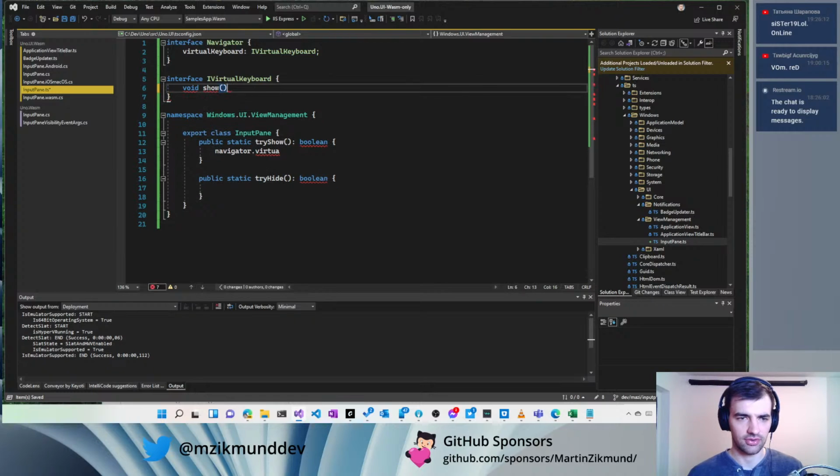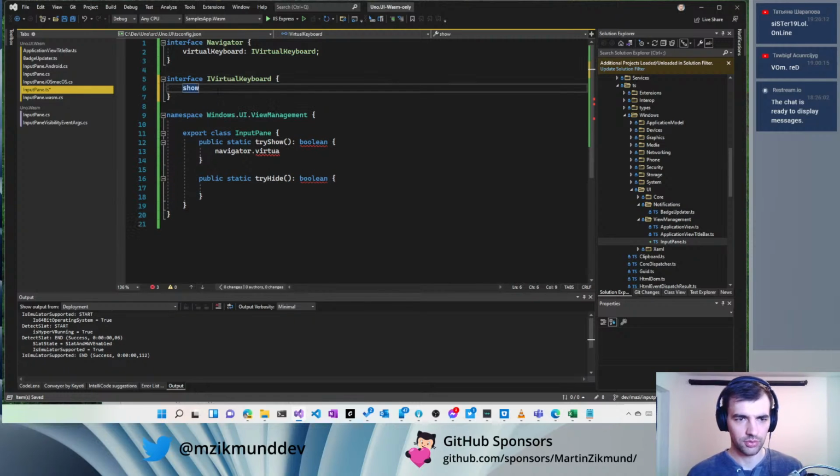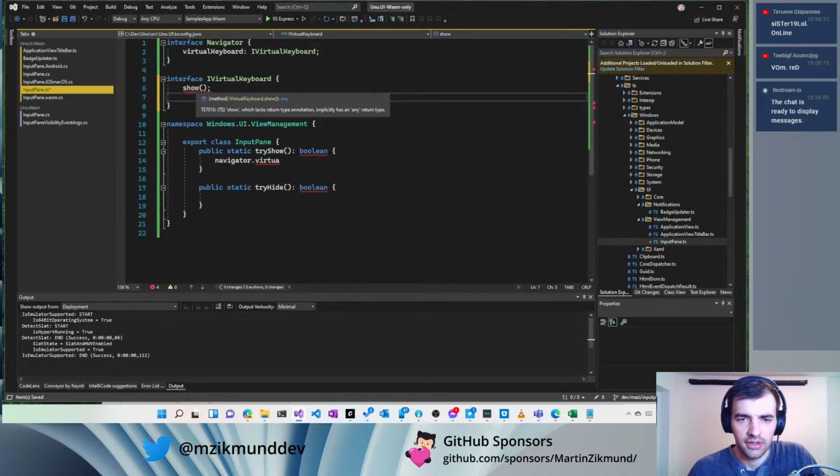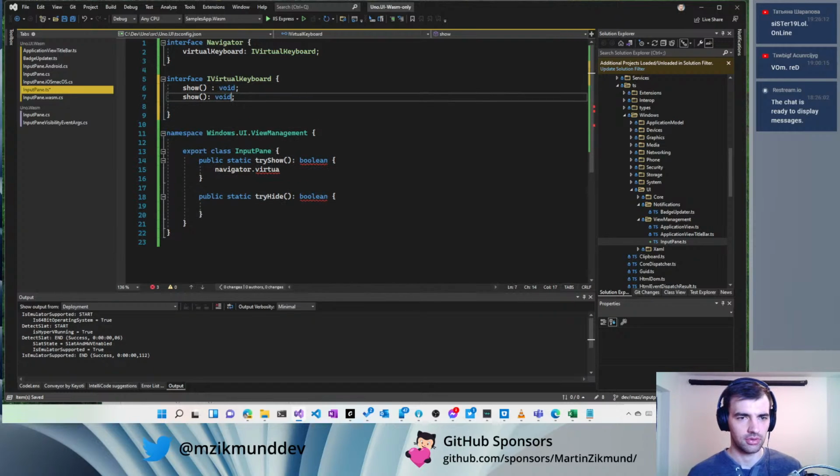Oh no, it's not like this, it's show. I want a simple method. Wait. Oh, this works. So show height